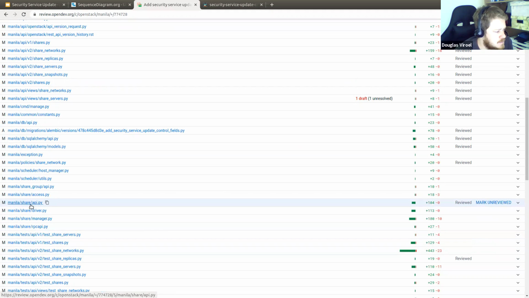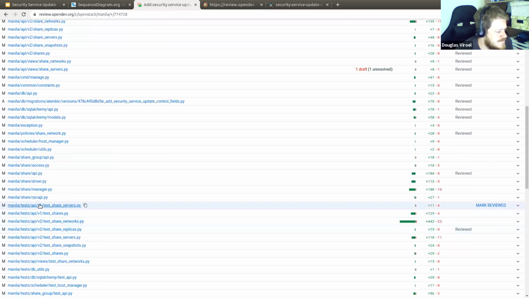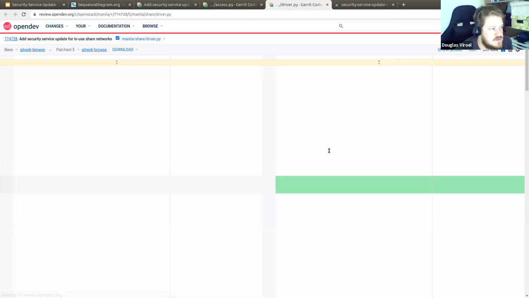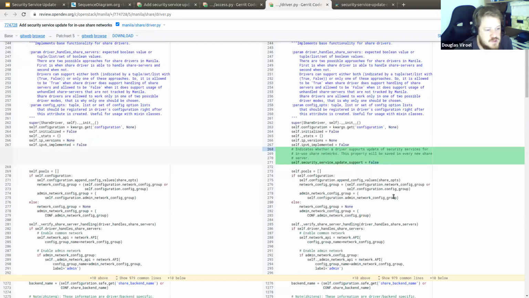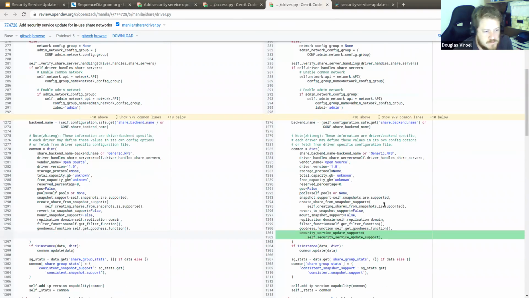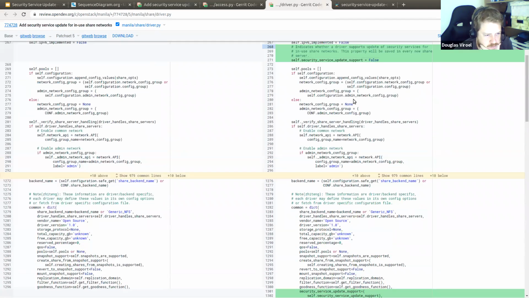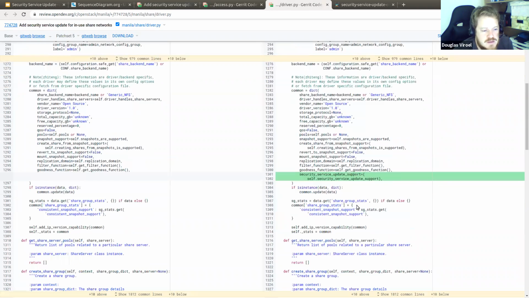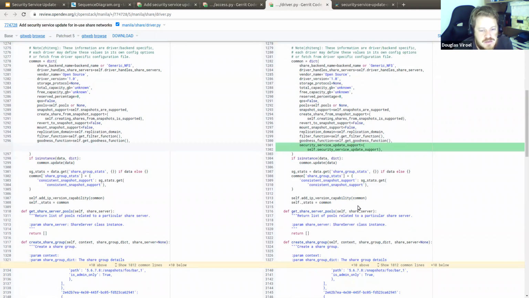Let me see. The access helper. Where is the driver? I'm missing the driver. Let's go to the driver first. So we have some code here to provide the capability to the scheduler. By default, security service update support is false unless each driver that implements the feature updates this capability